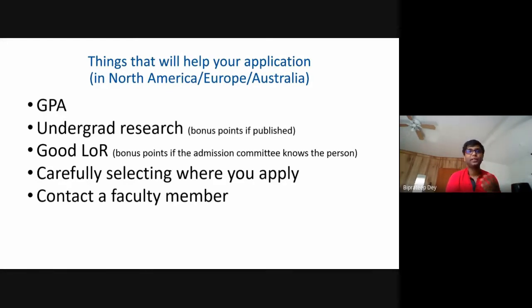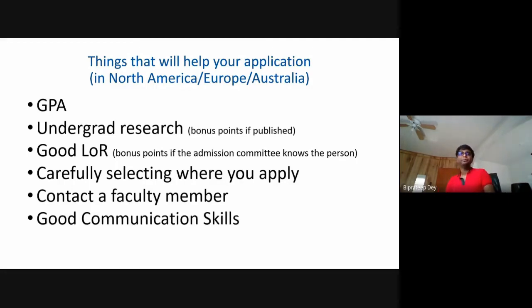This kind of information is not given out to the public, and it might be the case that for a particular year the university is not even looking for any astronomy student, but you have applied, and even if your application is very good, you will not be accepted just because they do not have space for it. So it's always good to contact a faculty member just to know that there's space for more astronomy people, or just to build up a connection with that place where you're applying. So contact a faculty member before you're applying to that place.